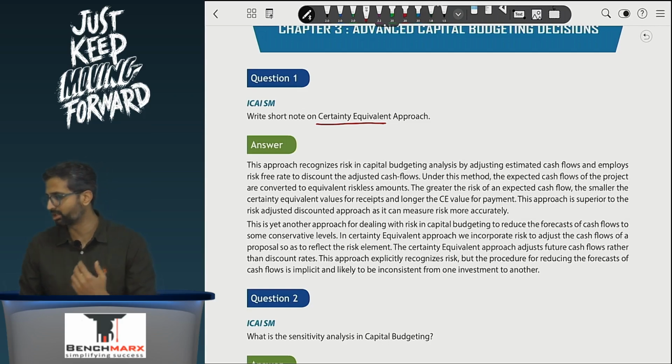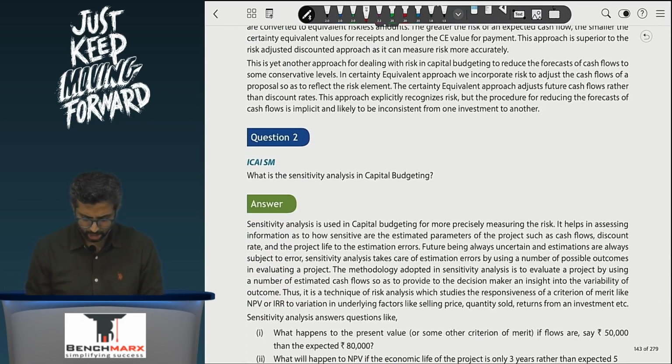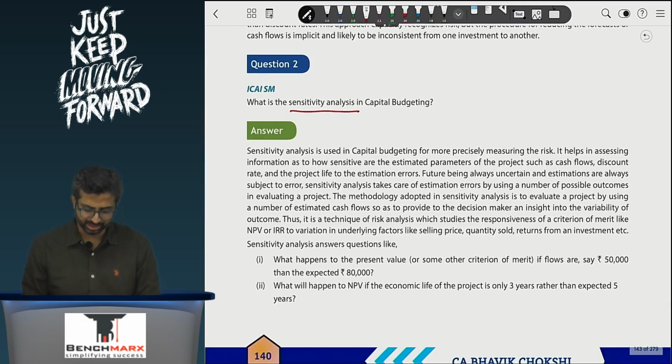Once you calculate certain cash flows, you will discount the certain cash flows at the risk-free rate in order to find the project NPV. Why the risk-free rate? Because now the cash flows are certain, and hence we can do the discounting at the risk-free rate. So this is on certainty equivalent. Next, you have what is sensitivity analysis. This is practically a very important analysis. When we look at sensitivity, we try to figure out how sensitive a project's